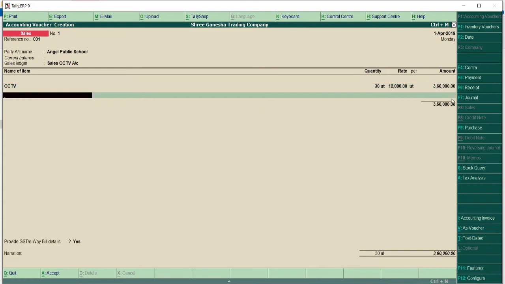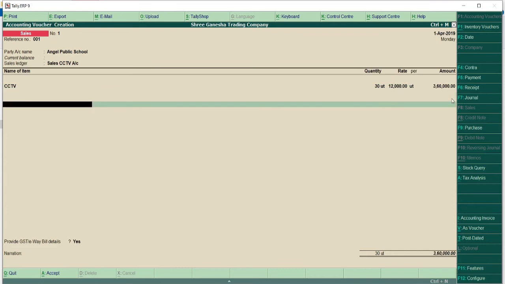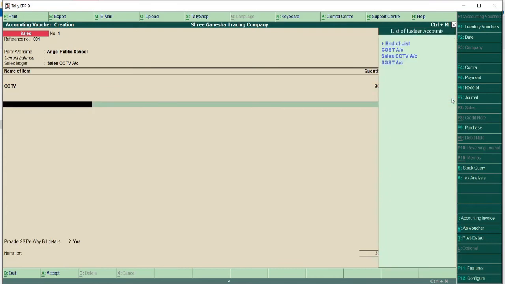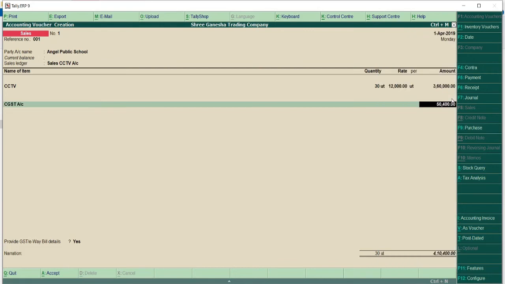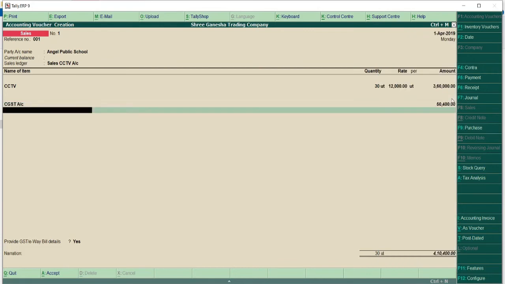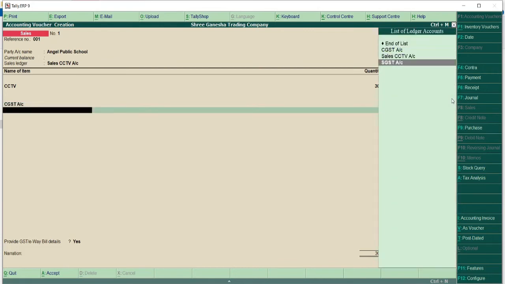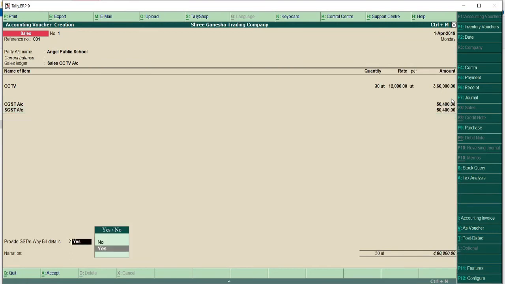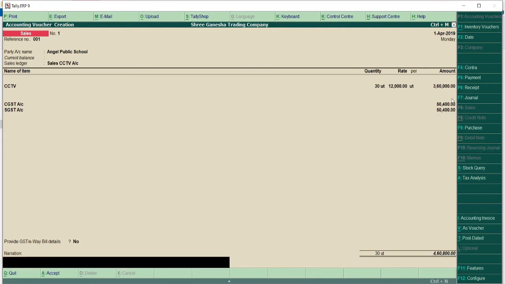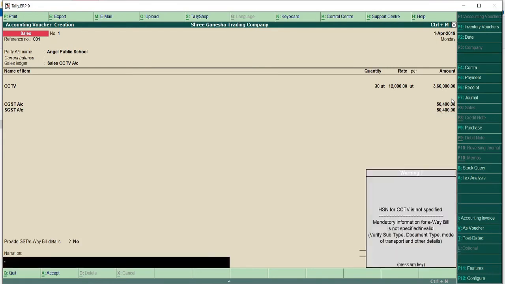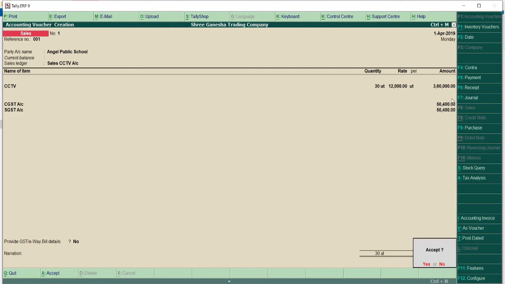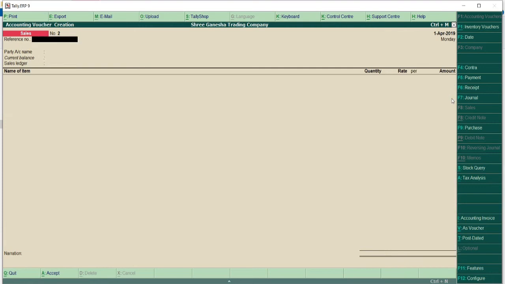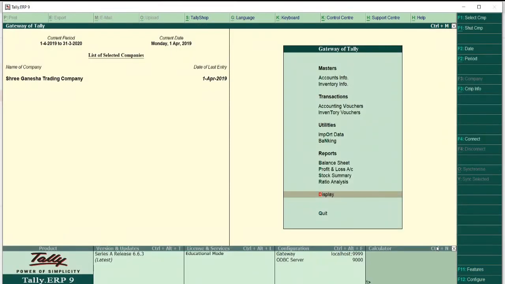After that we are going to press enter 2 times, so that we will come across CGST, which is automatically calculated, then SGST, which is also automatically calculated. And if you want, you can press the e-way bill, otherwise simply press no and type the narration and accept everything. This is how we have created sales voucher.